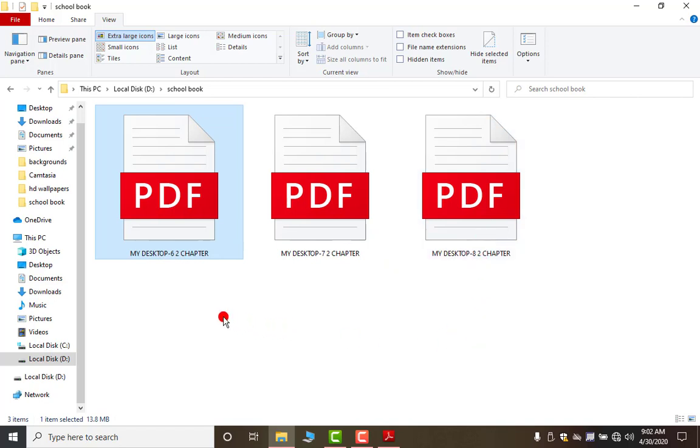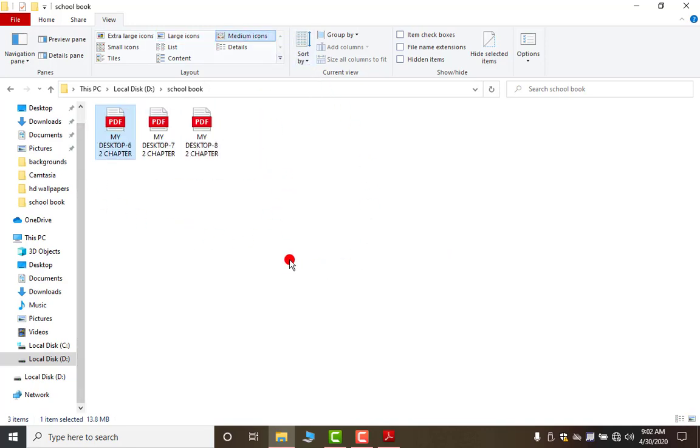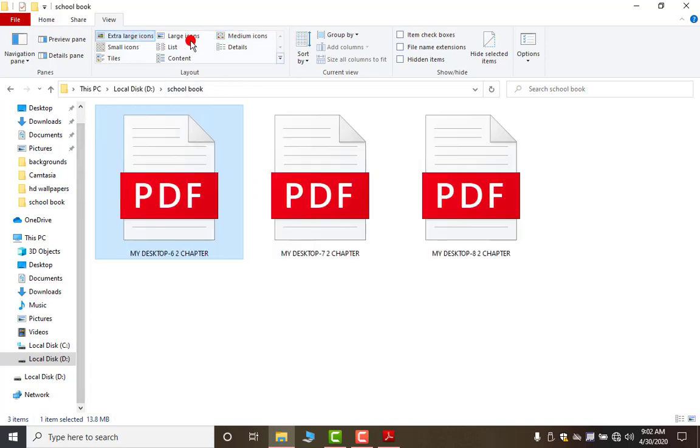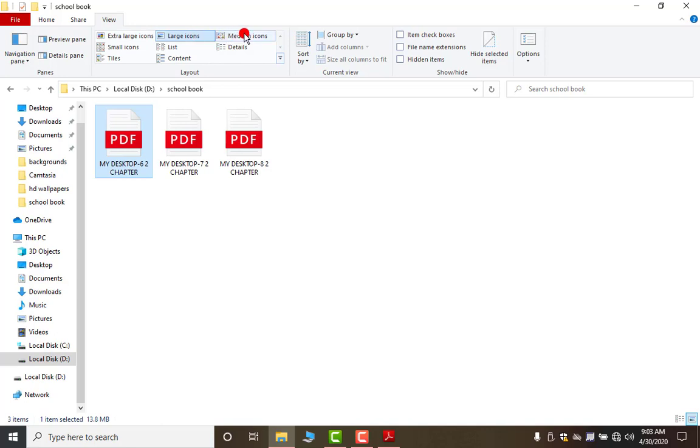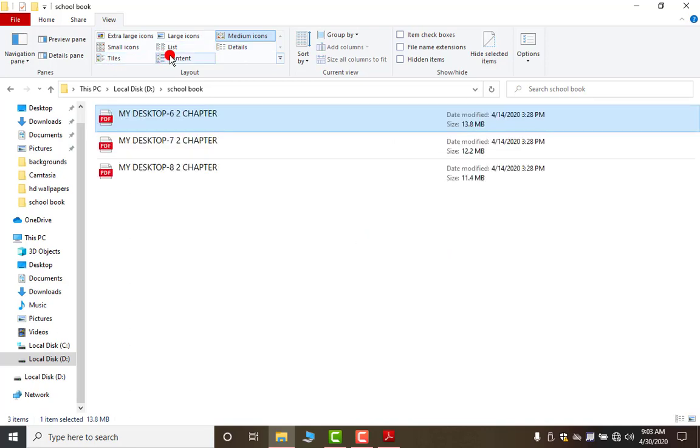If I choose large icons, look, this is your large icon. If I choose medium icons, this is your medium icon. Their sizes are changing: extra large, large, then medium. Then small icons, list, details, tiles and content.